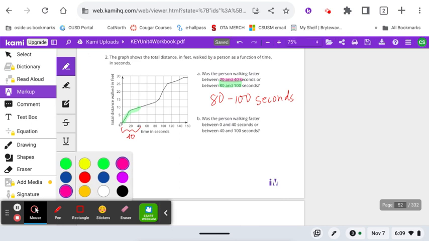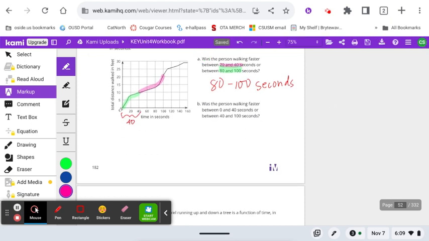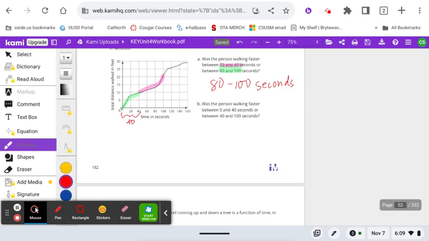And then from 40 to 100, it's on a 60-second interval. So this time the denominators are different, so we can't just look at what's steeper. So this goes up by 10